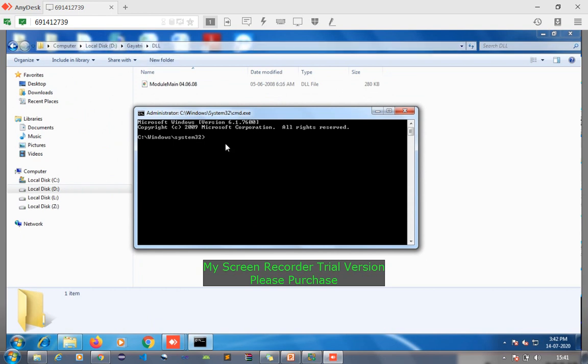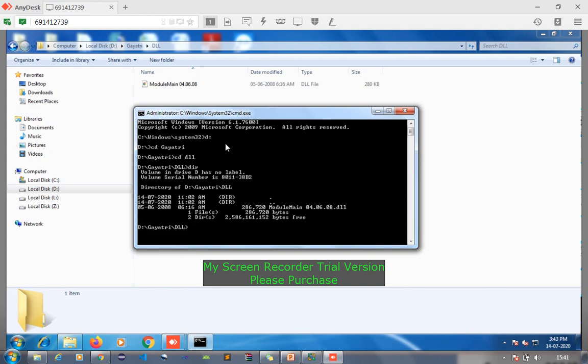Right now I am in D drive, Gayatri and DLL. So I will say D colon and press enter. I will say CD GAY and press tab. Automatically Gayatri comes. Again I say CD DLL. Now I am in the DLL directory, and if I say DIR, it shows me that directory. Now I want to register it. The registration process is very simple. You have to just say